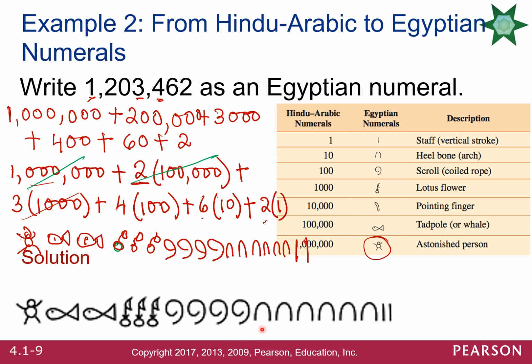And then we got how many? 1, 2, 3, 4, 5, 6. That matches with our downturned U's. We have six of them, and then two vertical bars. All right. So this is how we are going to go about converting from the Hindu Arabic to the Egyptian